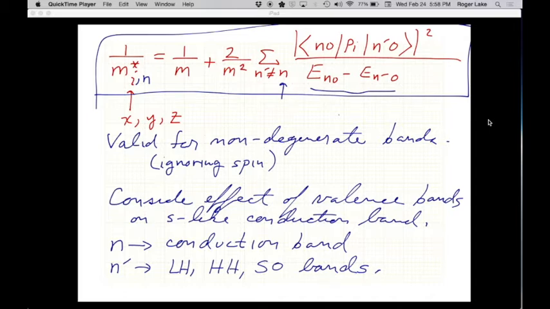And so I'm going to use sort of a shorthand notation. I'll call this your conduction band at the gamma point, and I'll just refer to these very generically as your light hole band. Everything is at K equals 0. Your heavy hole band and your split off band. And so we can just put that into our expression up there at the top of the page. And if we do that, we're going to get that